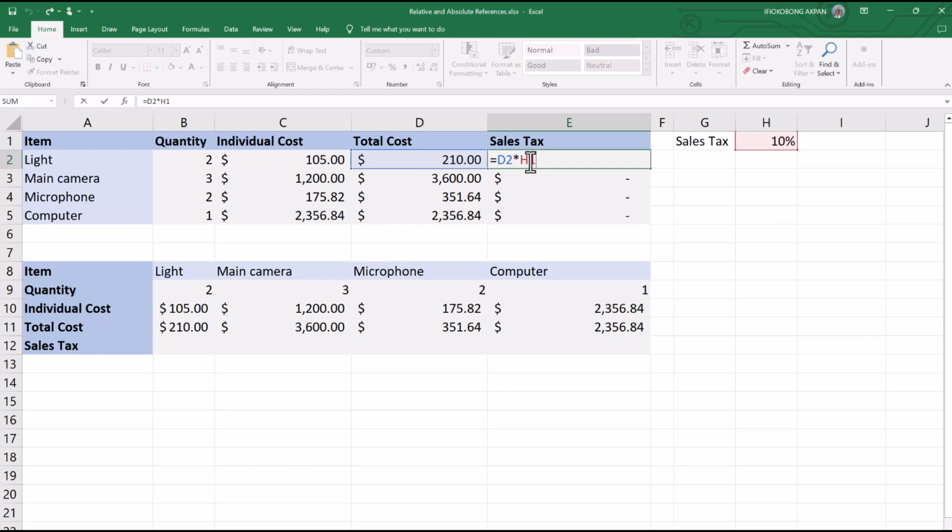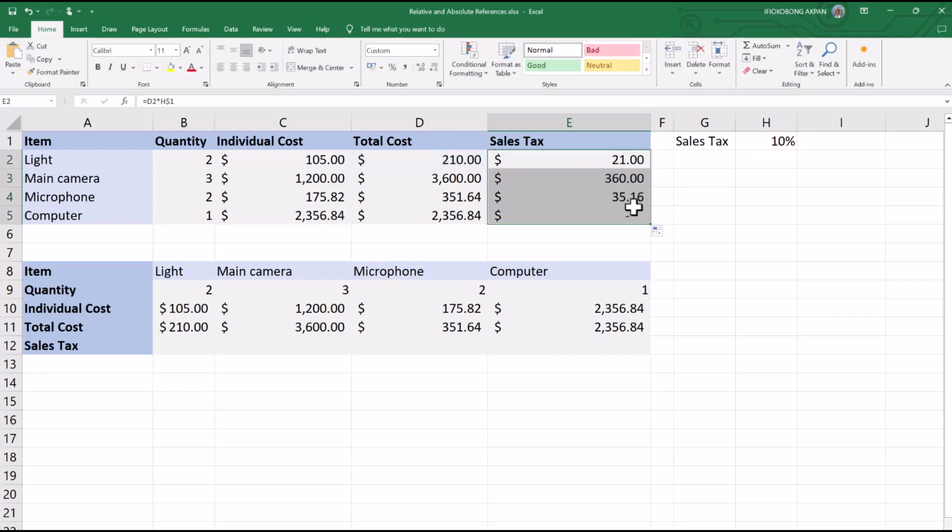called the absolute reference. And for us to do that, you include a dollar sign. Please take note, you include a dollar sign. So the dollar sign that you are including here is going to affect the row 1. Please, you are trying to keep the row 1 as our absolute reference. So put your dollar sign here, that is before this one here. Please take note. So once you hit enter, we have our value, and then if you drag it down, we